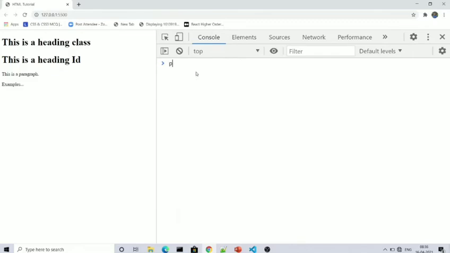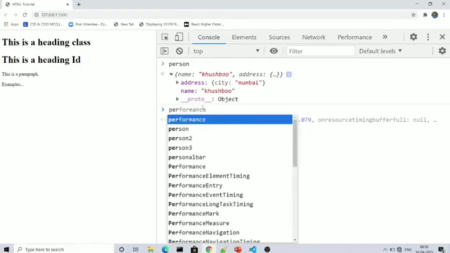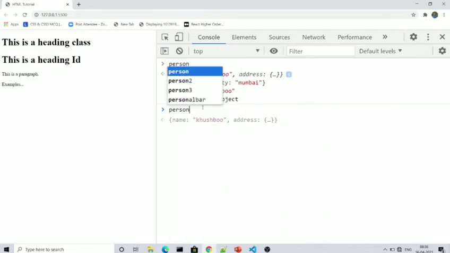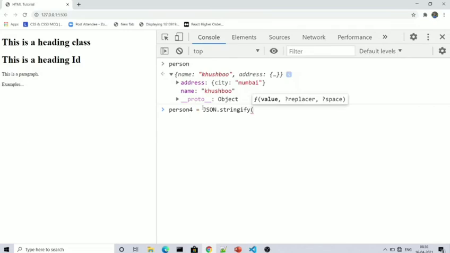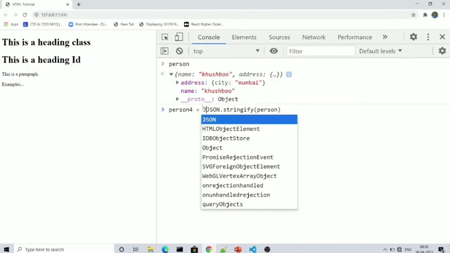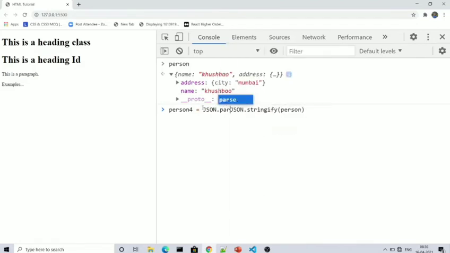So now we have the person with name as Khushbu and address as Mumbai. Now I will create another person named person4. Person4 is equal to JSON.stringify, and I will pass person. In the same way I will write JSON.parse around it.